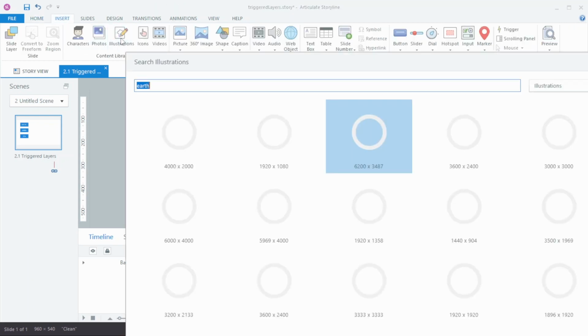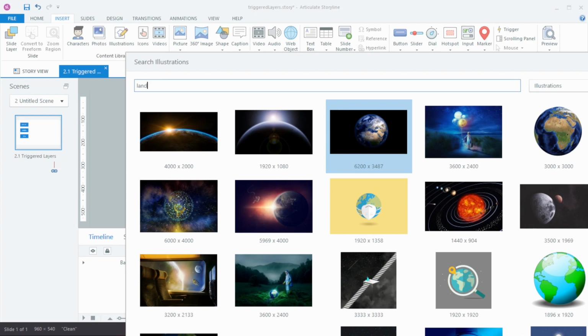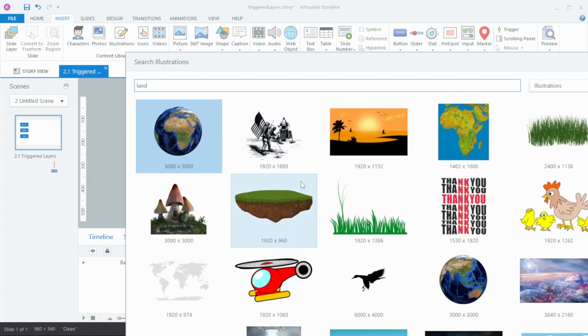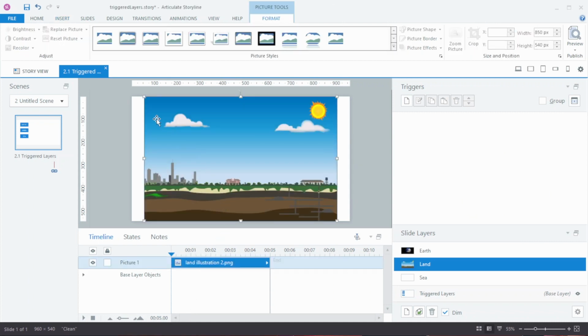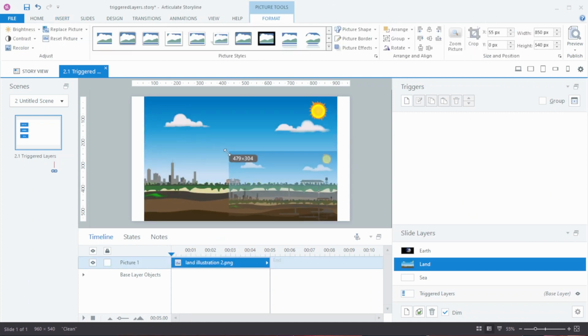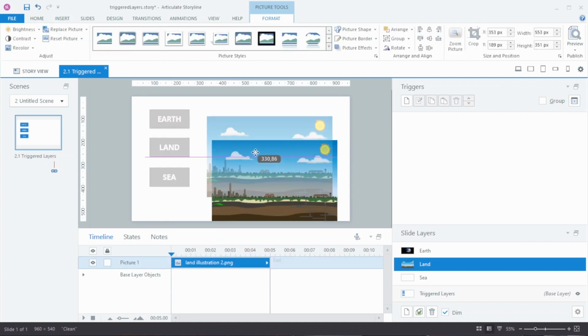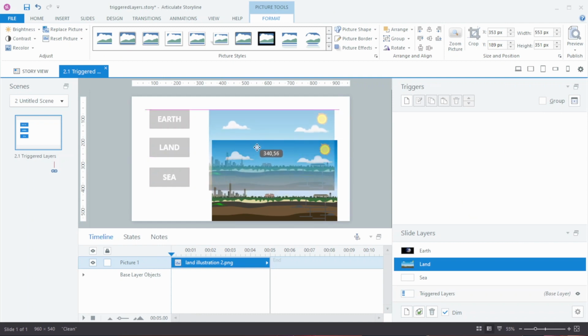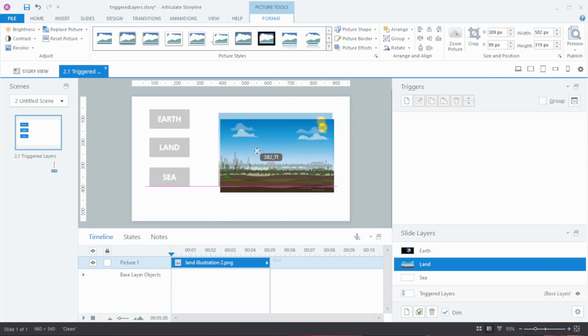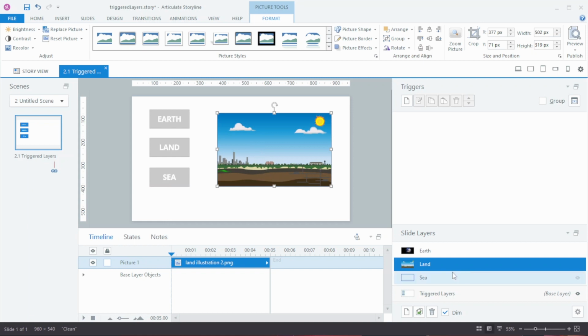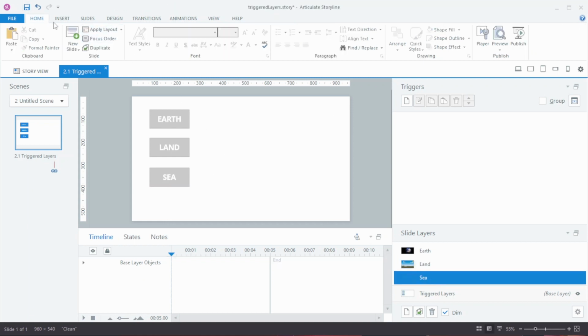We'll go to illustration, type in land. Press enter. Scroll, just double click this one, and it comes in. We'll resize that. And that's looking pretty good. Let's make sure, is it lined up? Pretty good. Good enough. Now let's go to the sea layer, and we'll do the same thing, but we'll add